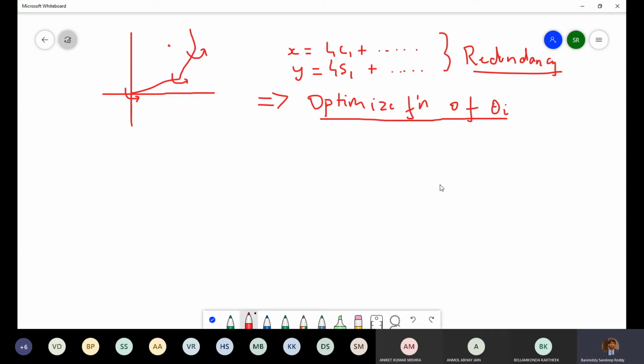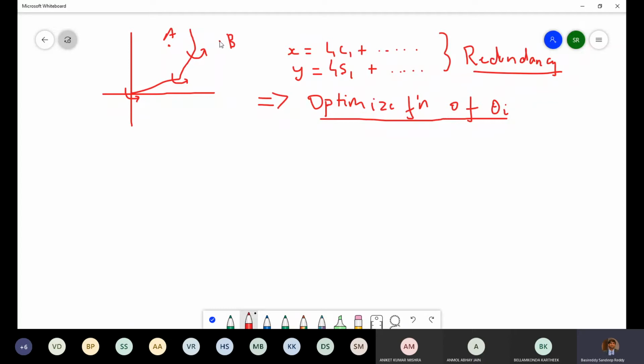In a lot of cases, this may actually be necessary. Like as I explained, there are many obstacle avoidance problems in which, if you have a robot like this, you will have many obstacles at A, B and so on. And you have to find some constraining values of the theta i such that this robot does not hit these obstacles. So in most cases it is desirable, and you may actually need such a constraint.